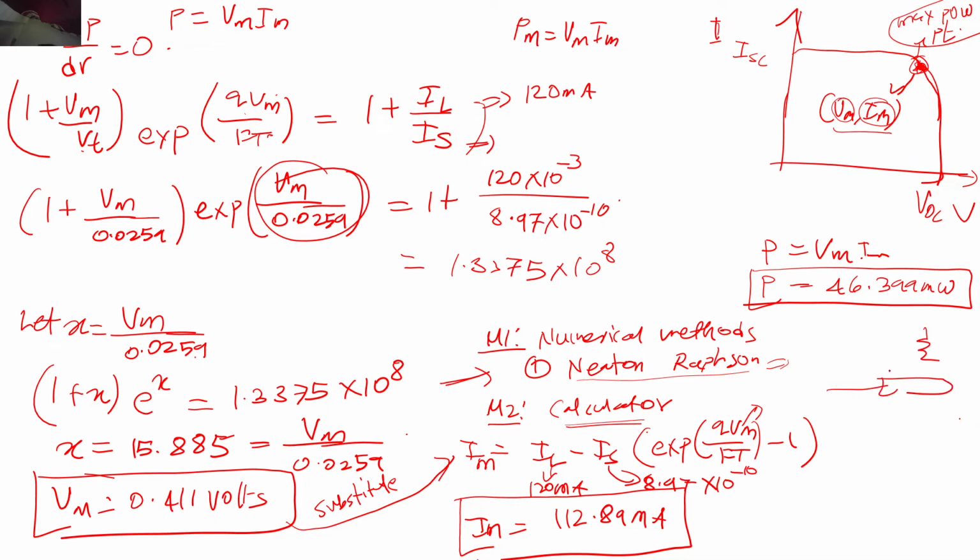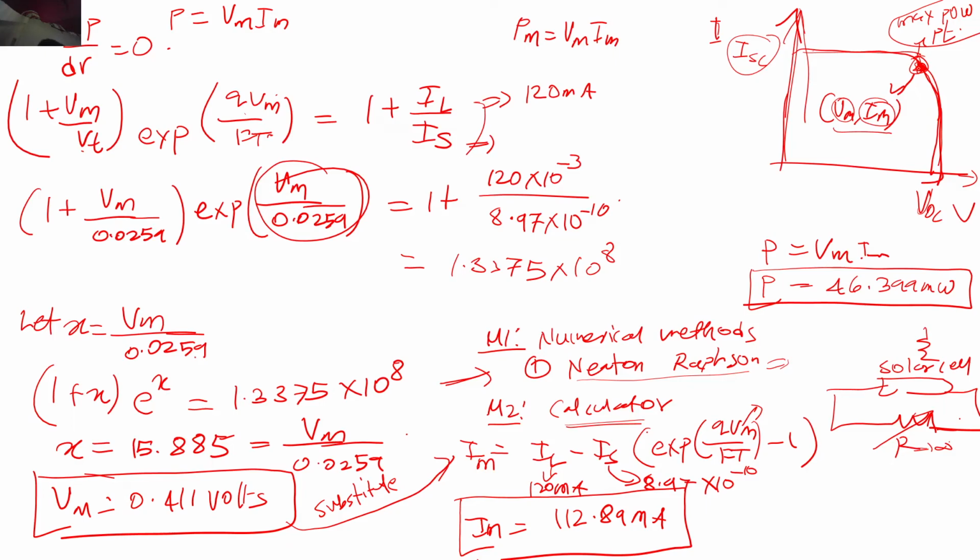So you had the solar cell and you had the resistor with you, and you kept on varying the value of the resistor. When the resistor was 0, you got the short circuit point, the short circuit current, and when the resistor was infinity, you got the open circuit voltage. So by varying this resistor itself, you are getting this curve. Now you have to find the optimum value of the load resistor such that the maximum power transfer will happen from the solar cell.